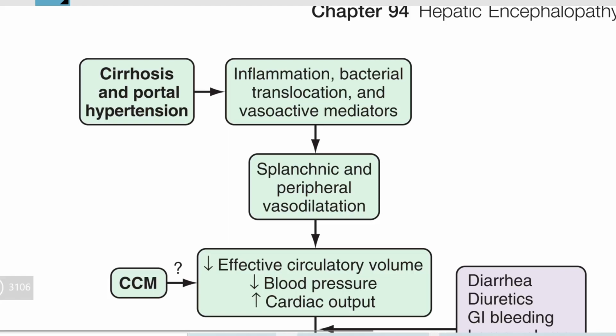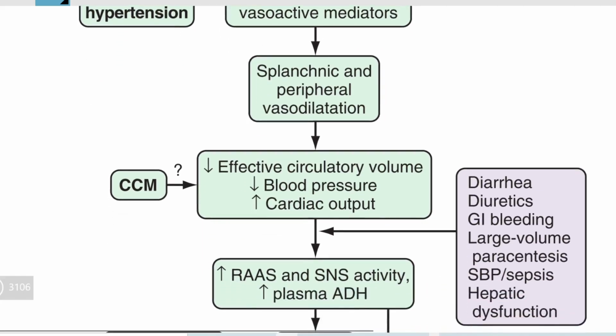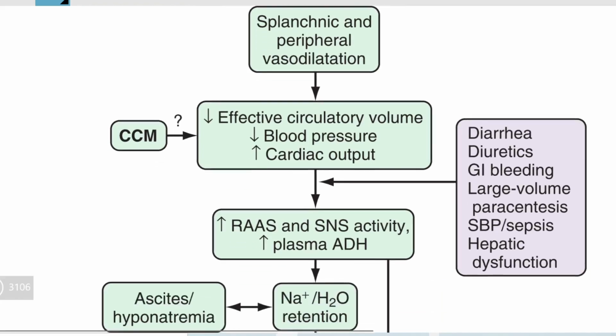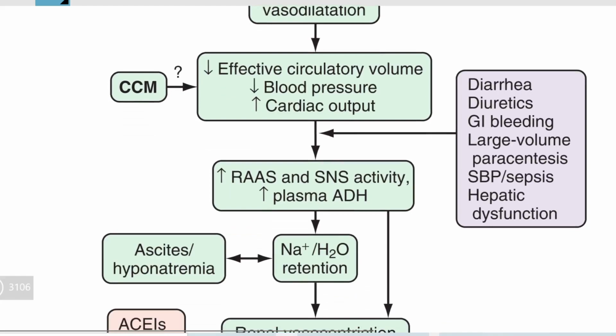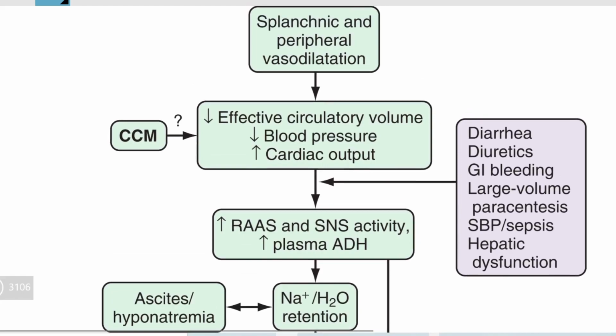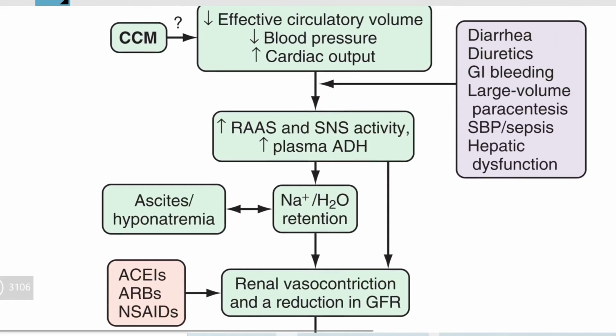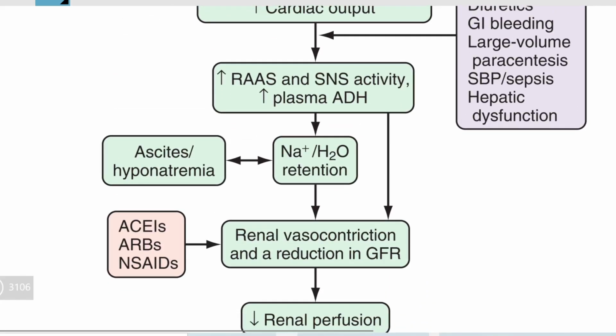There will be splanchnic and also peripheral vasodilation, because of which there will be decreased effective circulatory volume and decreased blood pressure, and because of tachycardia, there will also be increased cardiac output, and also sodium retention will be there because of renin and sympathetic nervous system activity, and also there will be increased ADH. Because of diarrhea, diuretics, bleeding, large volume paracentesis, SBP, and hepatic dysfunction, there might be further volume loss in a patient who already has decreased volume, and there will be sodium retention because of